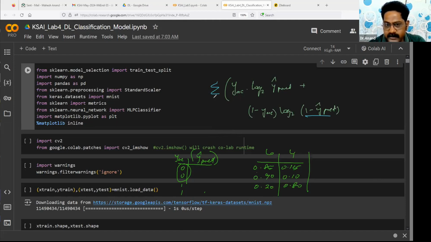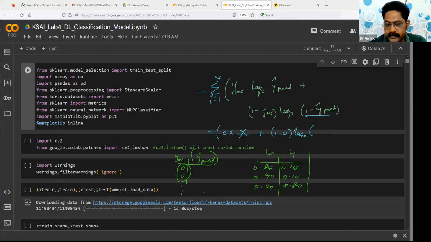Now I calculate for the first record. Here i varies from 1 to 4 records. So it is a negative summation, and the whole result would be negative, but negative into negative becomes a positive value, so the original formula will look like this. I substitute y actual: minus of, what is y actual? 0. 0 times anything is 0, so this term will cancel, plus 1 minus y actual. What is 1 minus y actual? 1 minus 0, times log base 2,